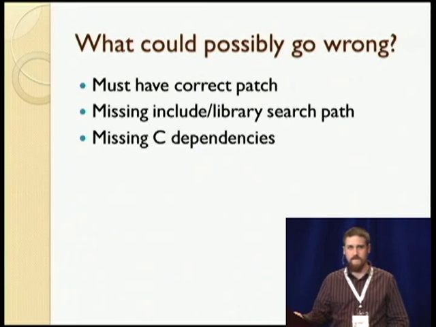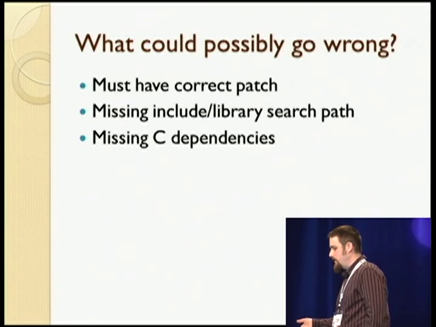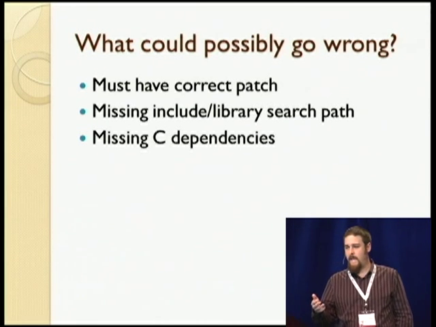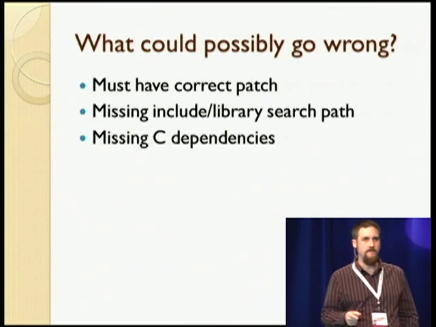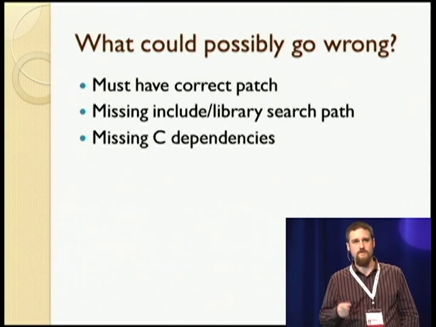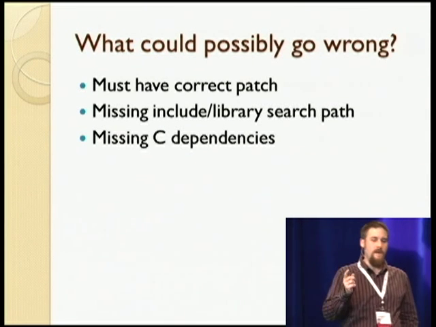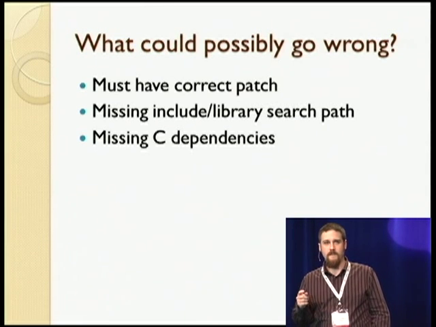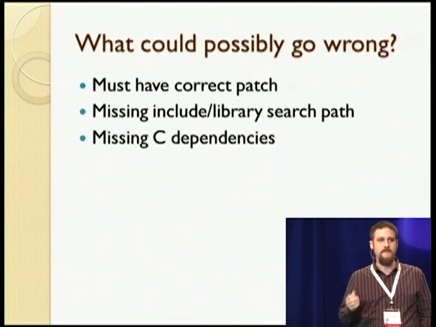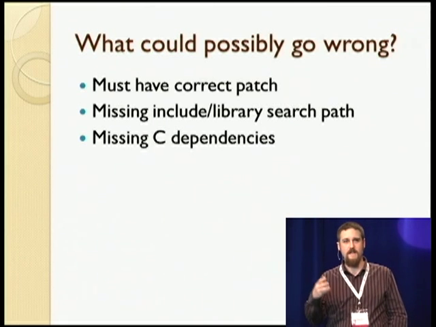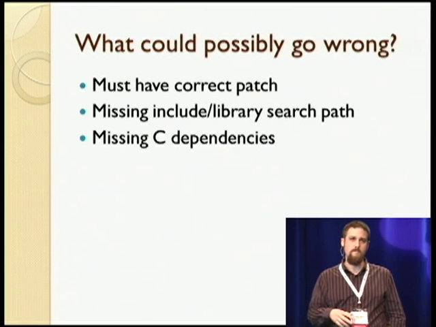So what could possibly go wrong with this? Well, there's a lot of things you have to do manually. You have to have the correct patch for your version of Python. Every version of Python manages to break the previous version's patch in weird and interesting ways. When I went to compile Python 3.3 Alpha 1, I found that the patch for 3.2 patched cleanly, except part of the build process added an extra step that required knowing about the difference between the Python we're building for the target and the Python we're building for the host.